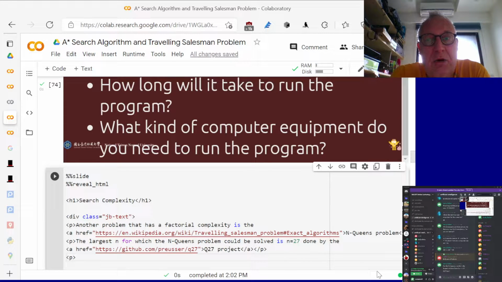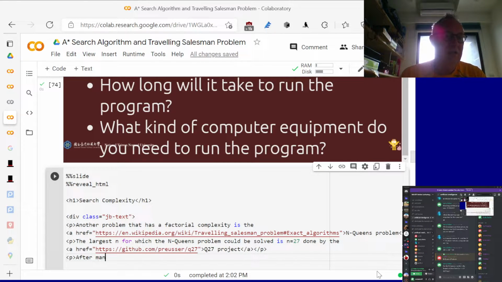And after all this time, the best we could do is solve it for a problem instance size of n equals 27. So after many years of research,